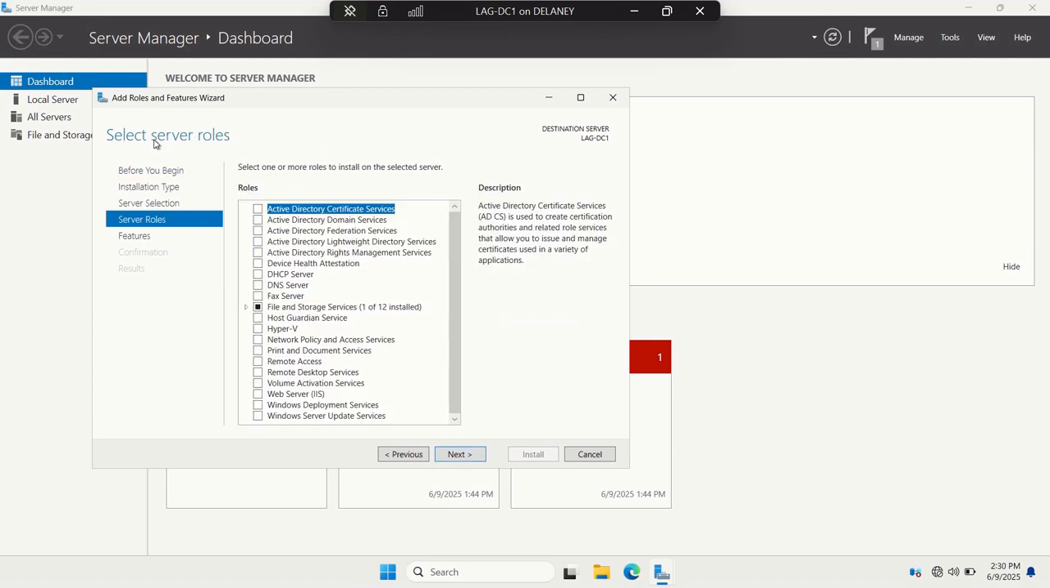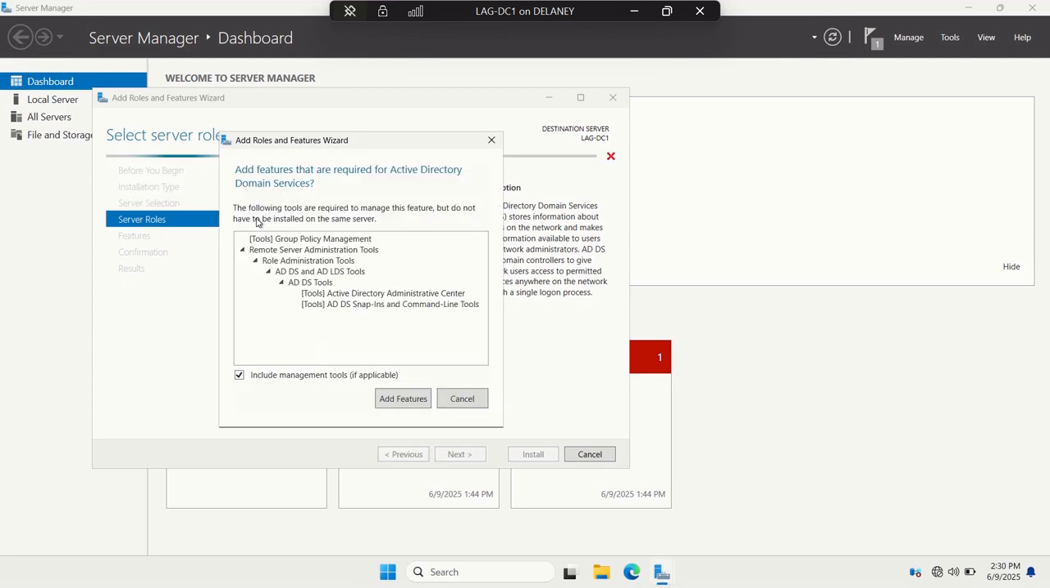Next is to select the role or roles that I want to install. For this scenario, the role that I want to select is Active Directory Domain Services. Active Directory Domain Services stores information about objects on the network and makes this information available to users and network administrators. Active Directory Domain Services uses domain controllers to give network users access to permitted resources anywhere on the network through a single logon process. So I will check the box